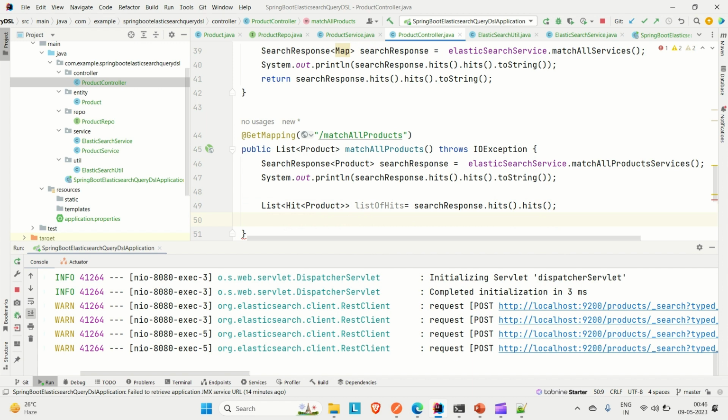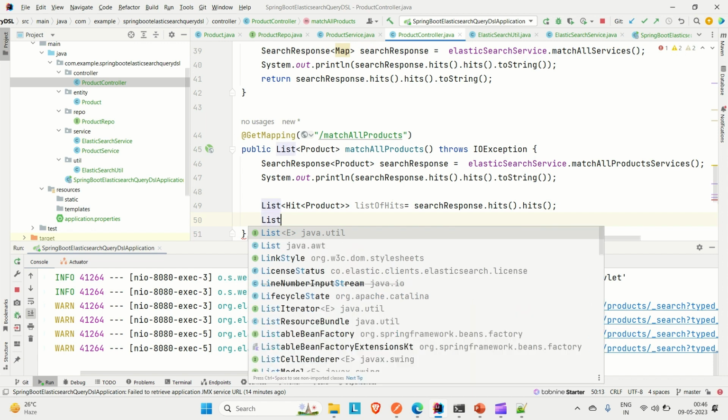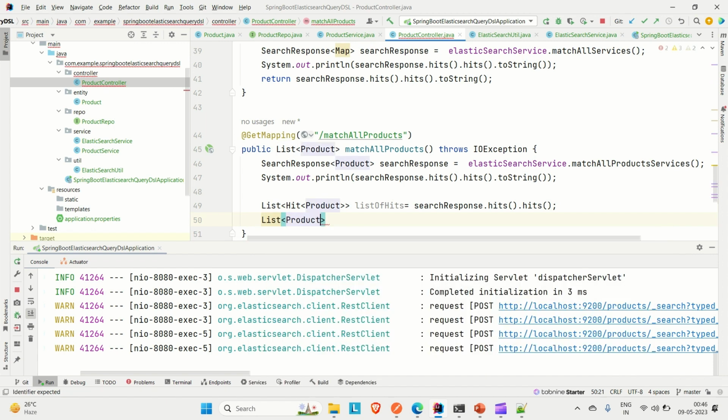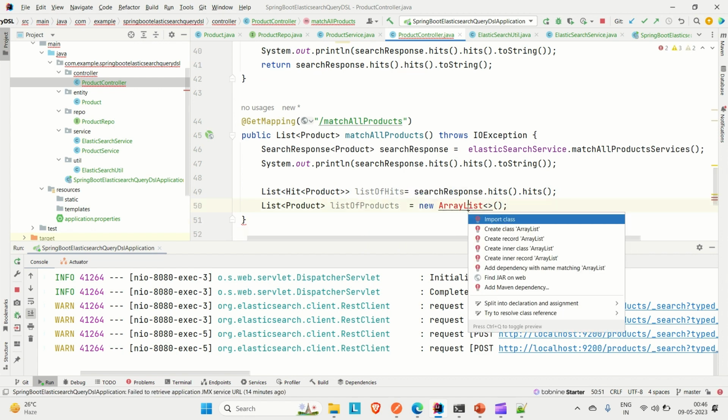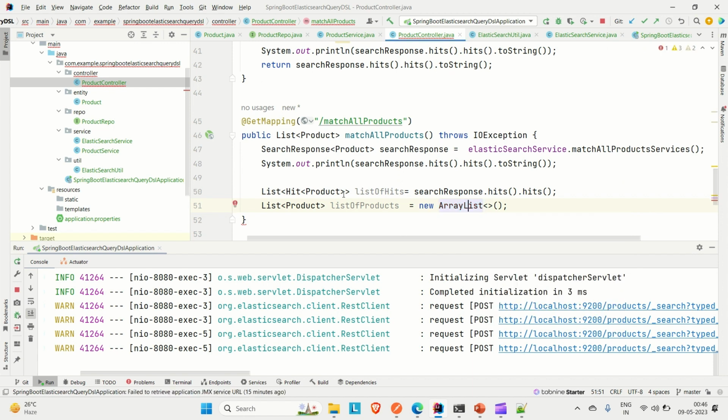Now what we can do, we can take out the hit of the product one by one from this list. Okay, and put it in a list of products. Okay, so that we can do. So let me try to do that. So first of all, let me try to create a list of product. Let's say its name is list product equal to new array list. And then we have to iterate through the list of hits, and we have to catch each hit in this list of products. So for